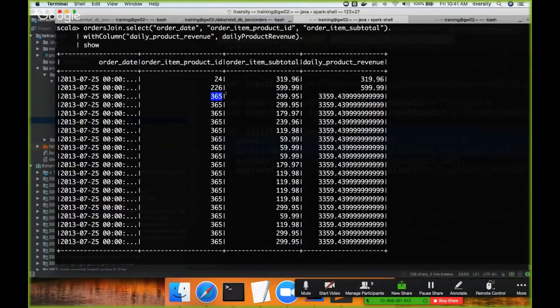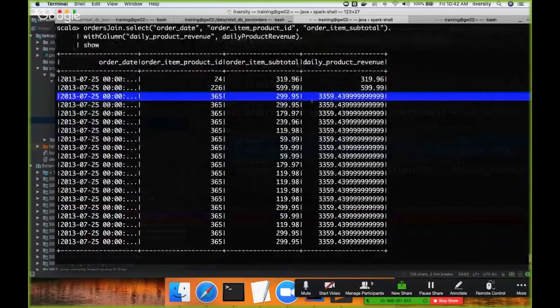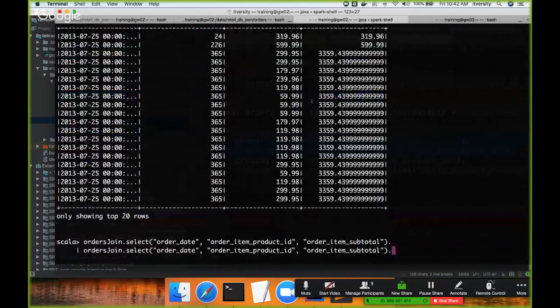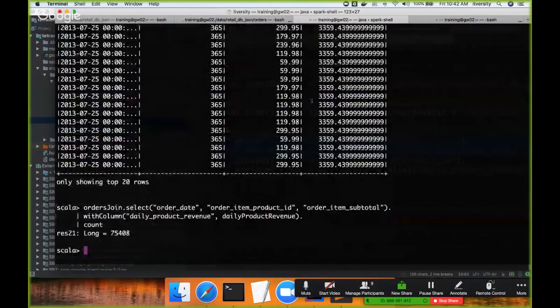But the side effect of using analytics functions rather than regular group by and then adding is that you got all the field names also here. So the number of records will be much, much higher. So now if I say count on this, you will still get 75,408. However, there is a way where we can get the distinct and then get the results, but it's a bit